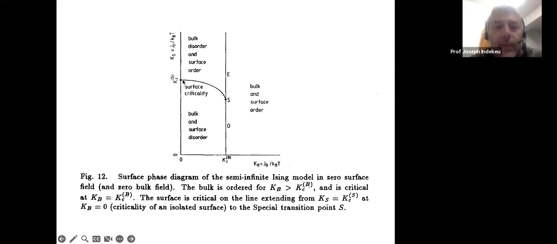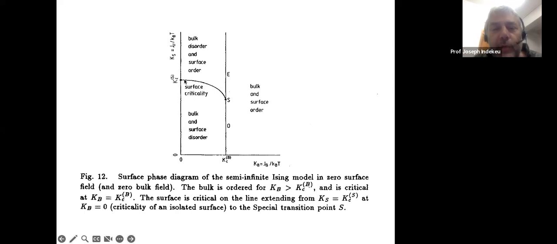But you see that because there are couplings now, and all are supposed to be positive and ferromagnetic couplings, because there are couplings now in the third dimension, helping the system to order,